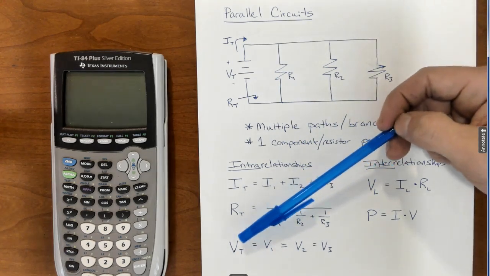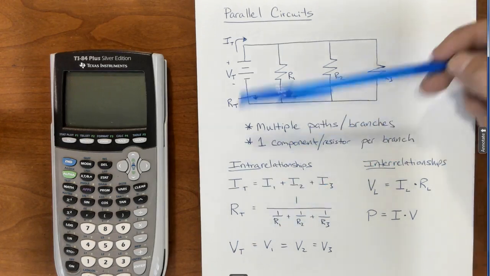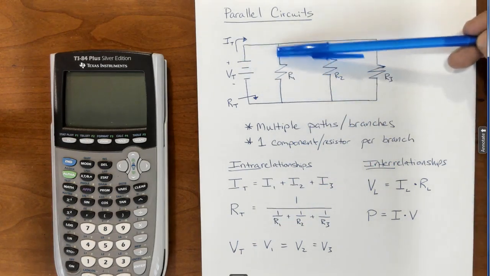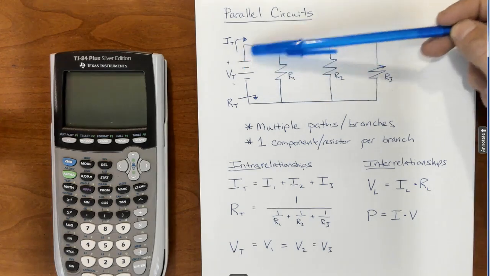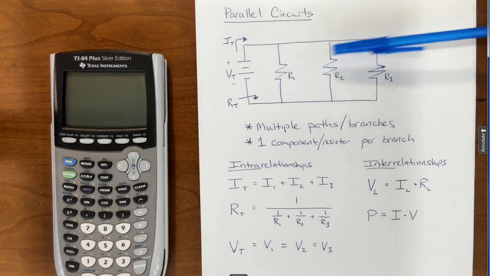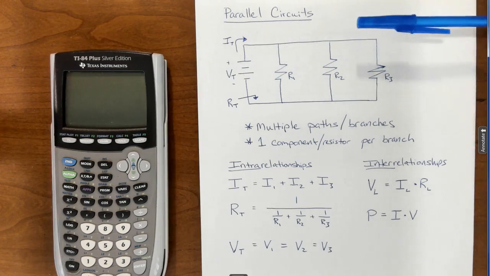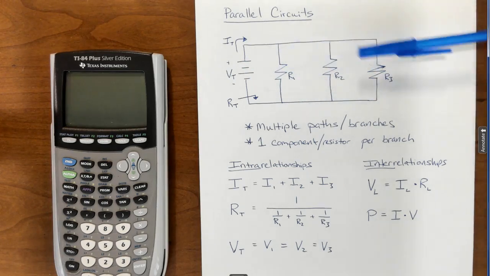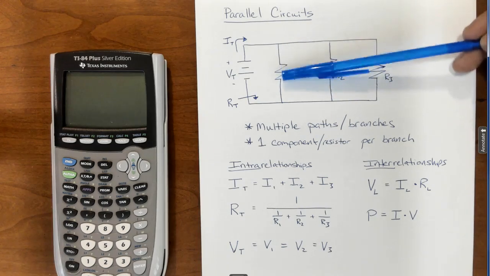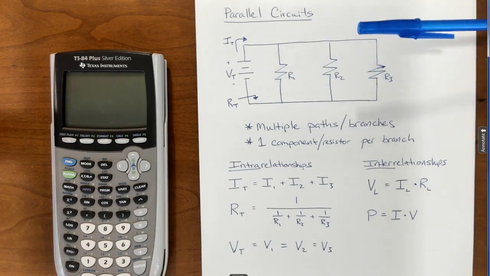It looks messy. The total voltage, think of this as pressure, like the water tower supplying pressure to your house and my house and the neighbors. Well, we're all in the same system. We should all have the same amount of water pressure. So that's the same thing here with electricity. We should have the same amount of voltage at each branch. And because there's only one component, one resistor in each branch,